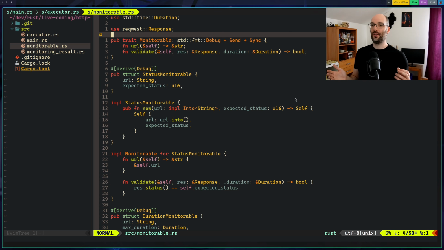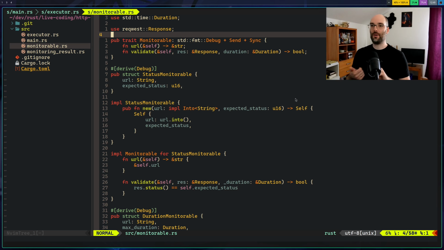And then we can actually use serde to read a vector of monitorables, which is then going to be an enum, from the same file, because serde has this feature where when it serializes any enum variants, it will encode the type in each variant, and when it deserializes, it will read that type and will then know what variant to deserialize. And this will probably make our configuration way smoother.